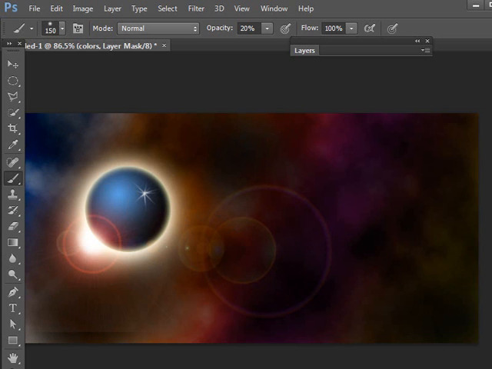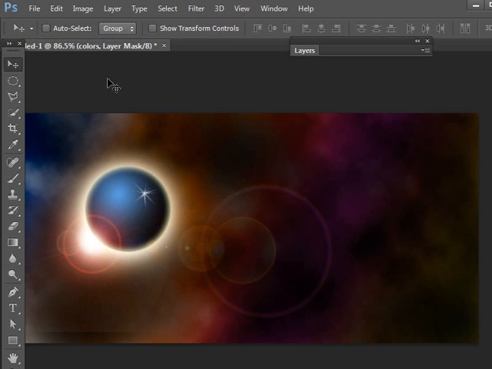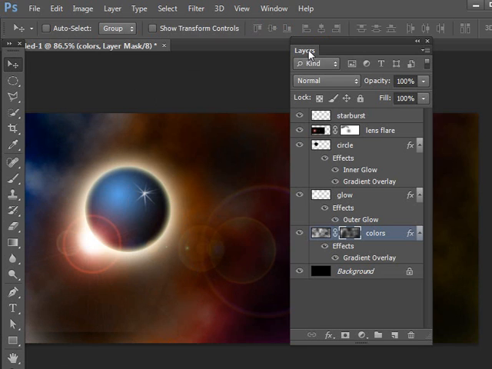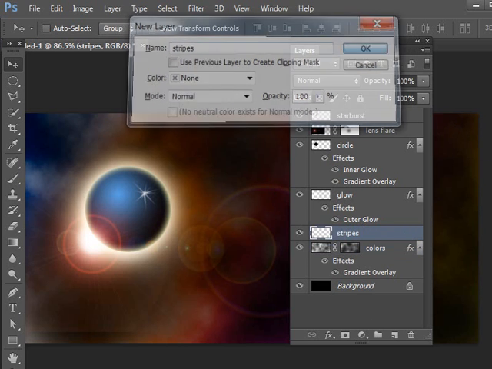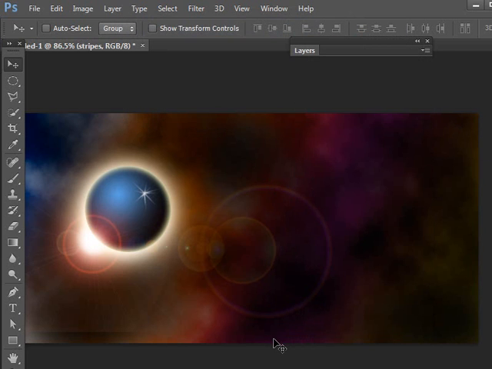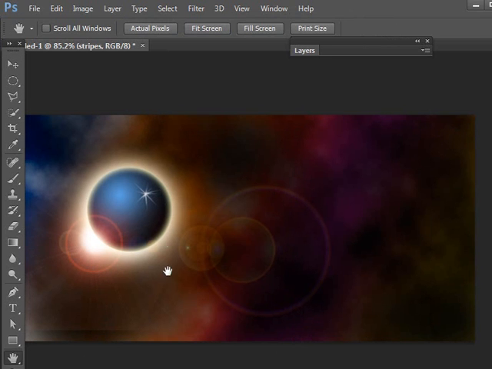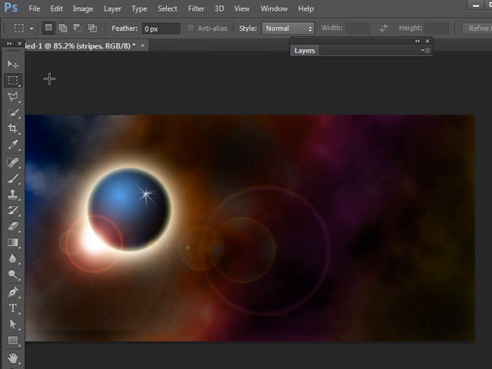Now I'm going to add some stripes that are going to give it some nice movement. In my layers panel, I'm going to create a new layer above the colored layer. Go to my colors layer here. Create a new layer just above that, which I'll call stripes. And here I'm going to draw some stripes. I'll just go to my rectangular marquee tool, and I'm going to draw,